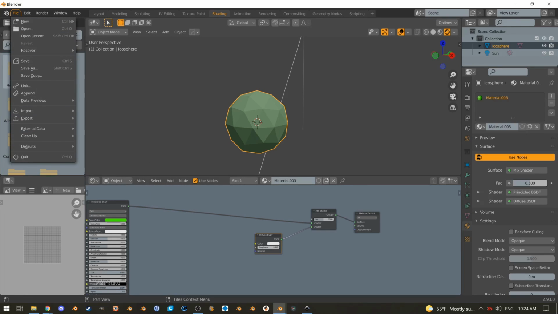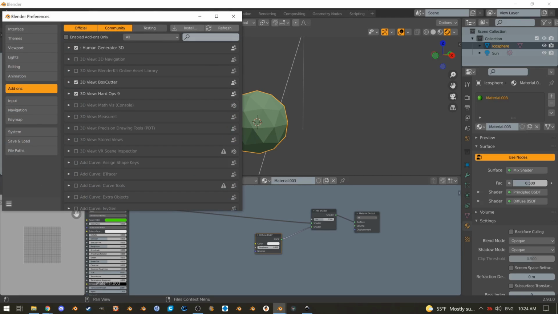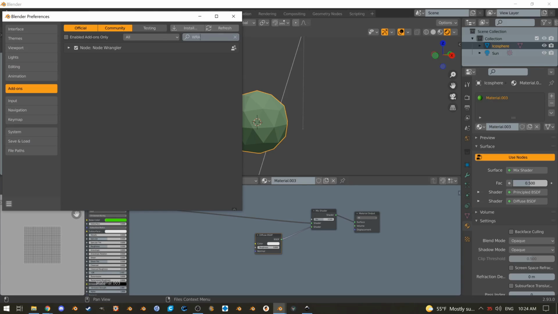So if you hit Control T, and to be honest, this is all I really use it for. Node Wrangler does a lot of things, but I almost never use it for that. So anyway,